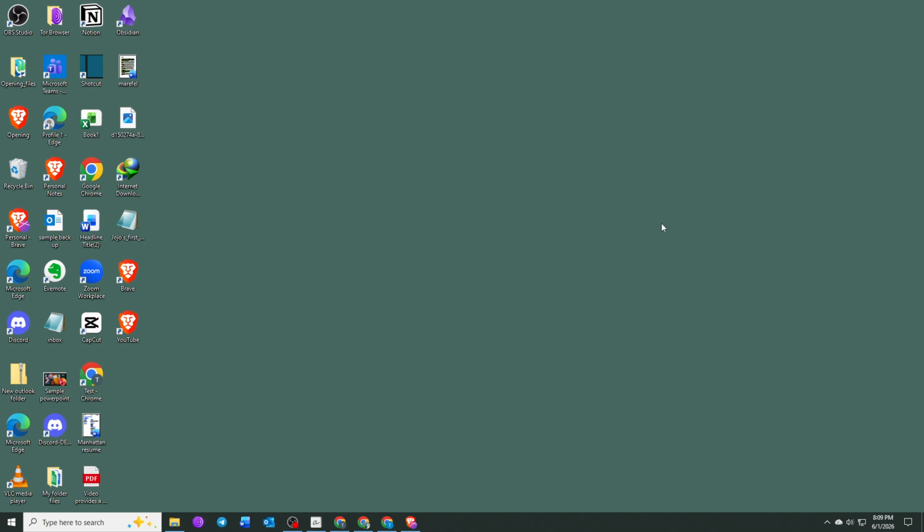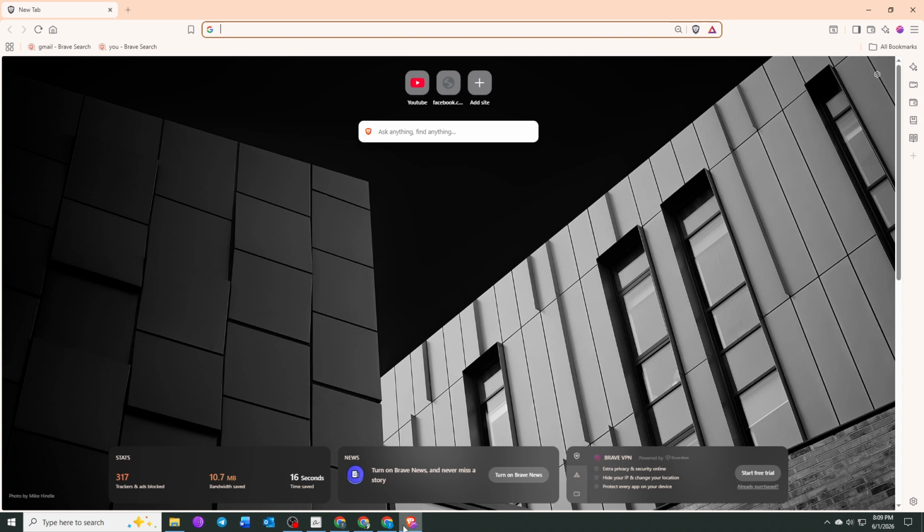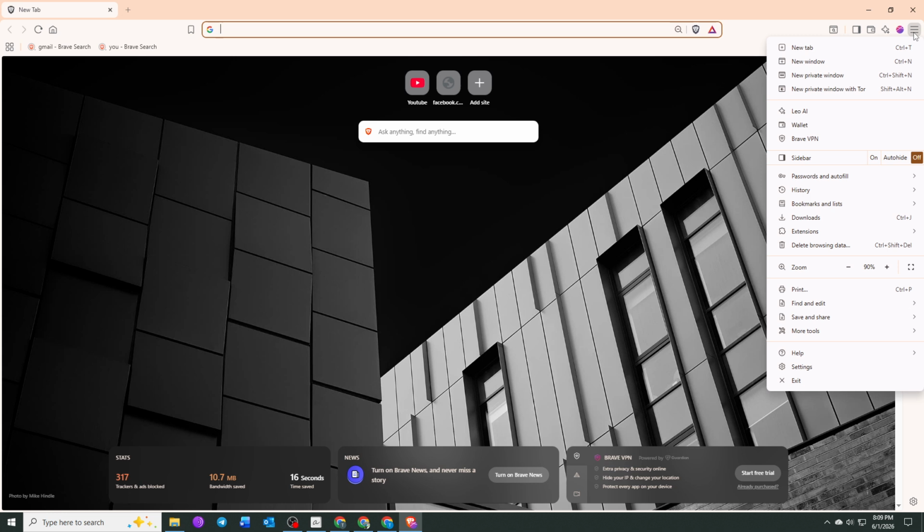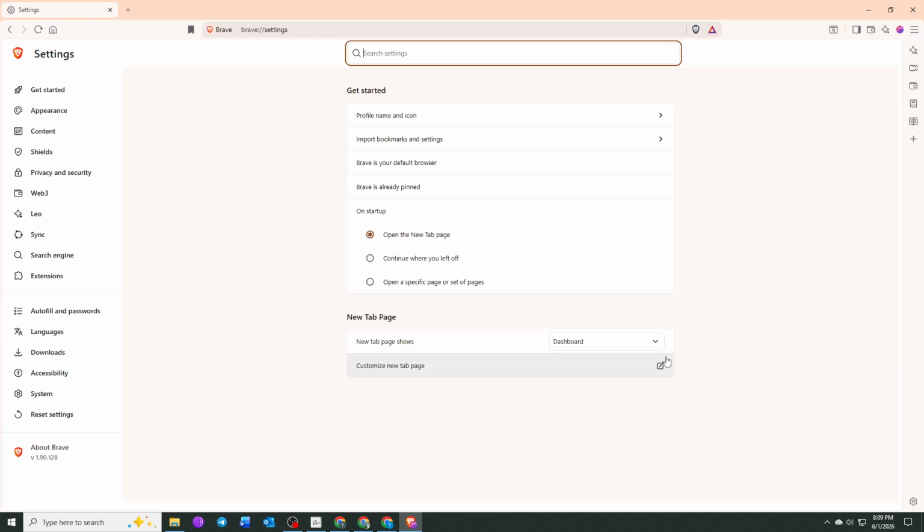preferences. To get started, open Brave browser on your computer and wait for it to load completely. Once the browser is open, move your cursor to the upper right corner of the screen and click the menu icon, which is represented by 3 horizontal lines. When the menu appears, select Settings. This will open Brave's main settings page, where you can customize everything from privacy options to appearance settings and browser